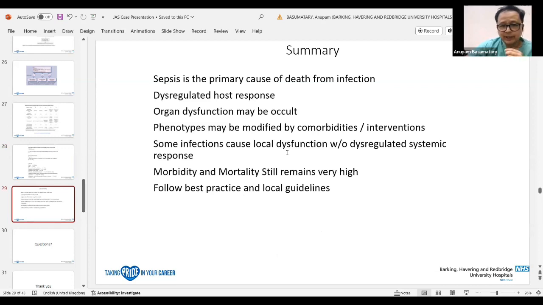So in summary, sepsis is still the primary cause of death from infection, and we are talking about a dysregulated host response. Organ dysfunction in community pneumonia can many times be occult, but in the patient that I'm discussing, it came very overt, very immediately. Nowadays, all these patients can have different phenotypes, in the sense that some patients recover a little early, but some patients might take time. All those infections can have local complications, but can have widespread body dysregulation,